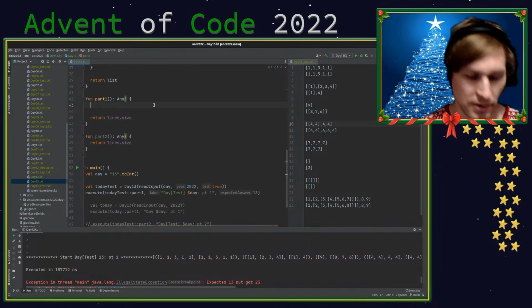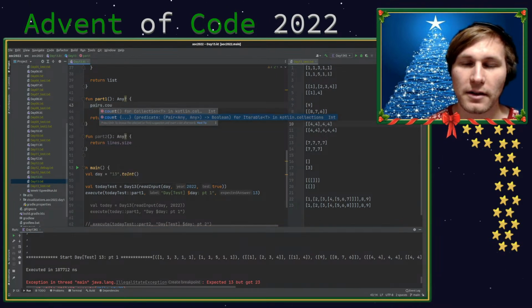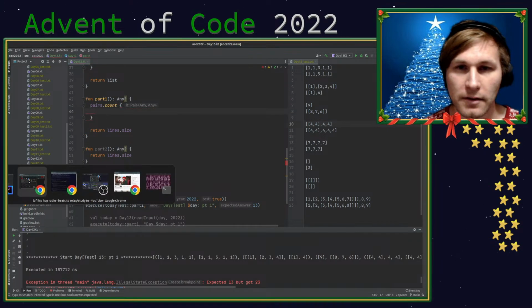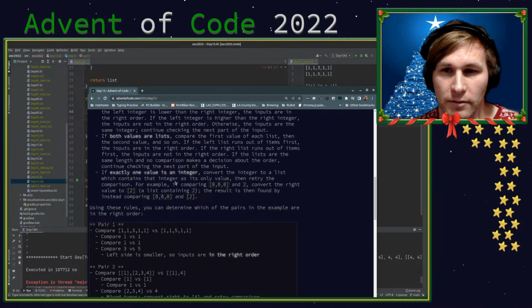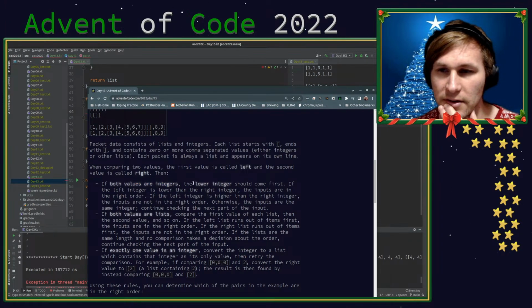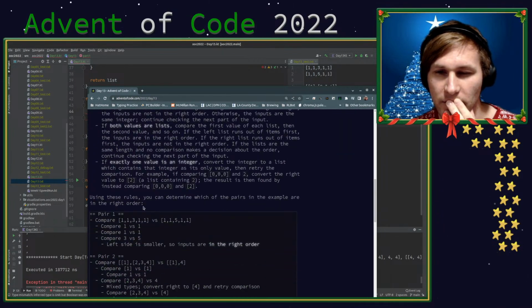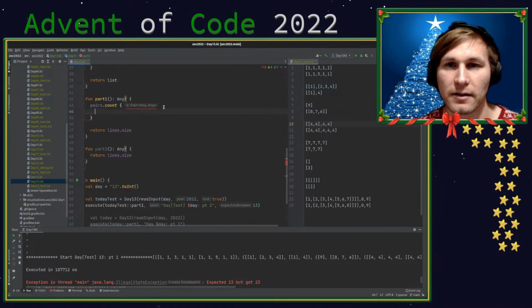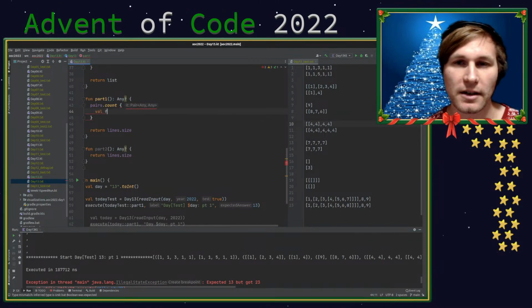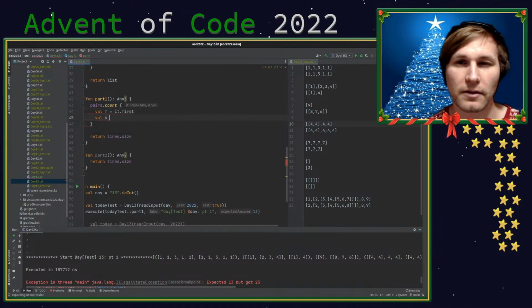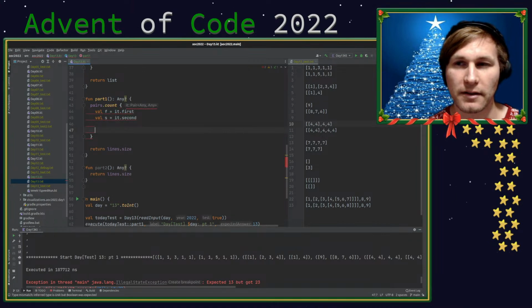Now what I want to do is pairs dot count and then okay, whatever silly logic this is. So if both values are integers, the lower integer should come first. If the left integer is lower than the right, the inputs are in the right order. So this will walk through this. I'll set it smaller so they're in the right order. Okay, so val f equals it first. Okay, and then I say